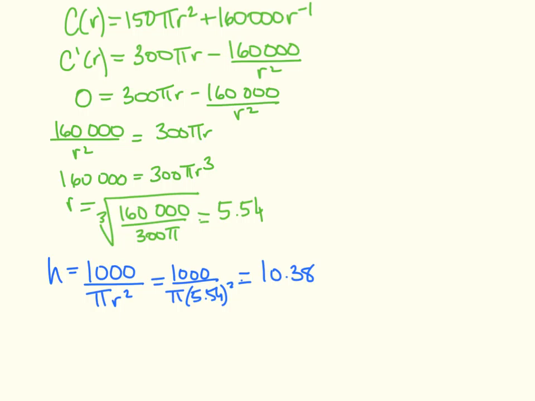And so again, just to go over what we're actually trying to find, this is going to be the radius and the height, the dimensions of the cylinder, that will reduce your construction costs, based on the surface area costs that we calculated earlier. So now we want to check what our actual costs will be. So let's take our value that we got. So the cost when the radius is 5.54, and you're just going to have to trust me on this one, I'm plugging it into the equation, and we get